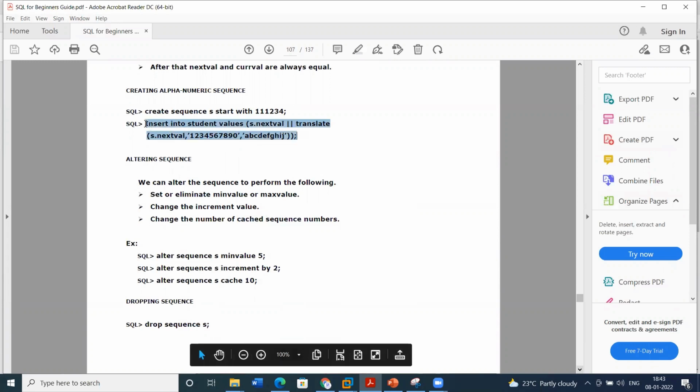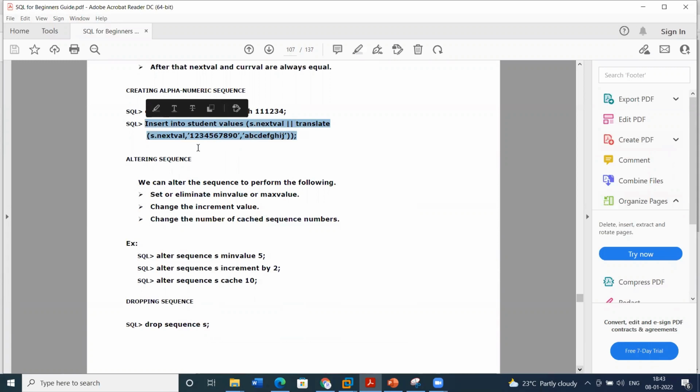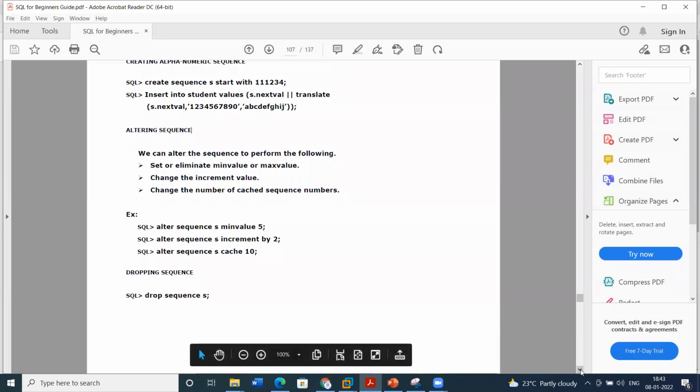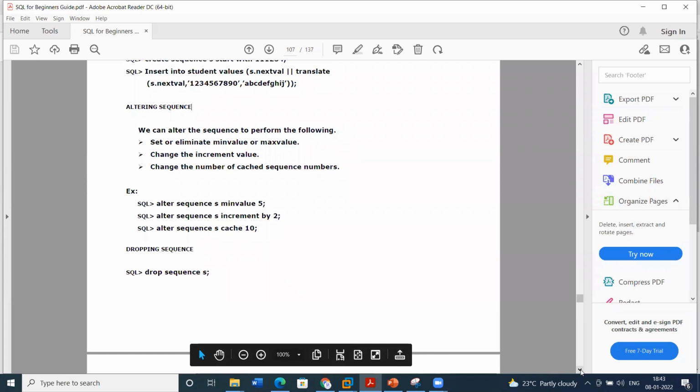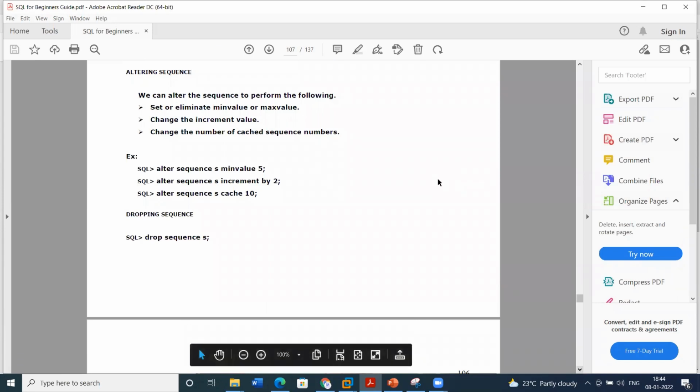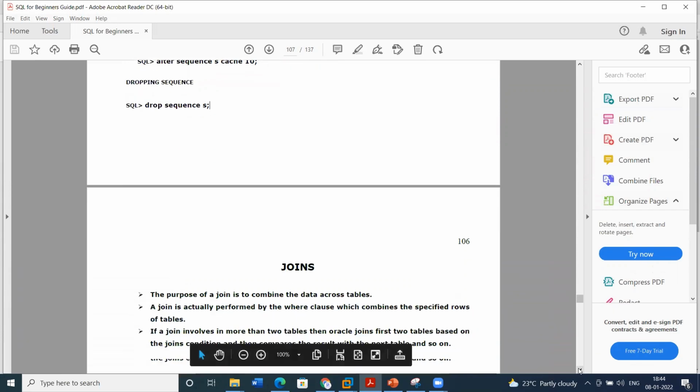If it is a requirement, you can use that alternate sequence method. You can set a maximum value, minimum value, and change the increment value. You can change the number of cached values in the sequence that we have seen earlier. So how to drop a sequence? Drop sequence name. That's it.